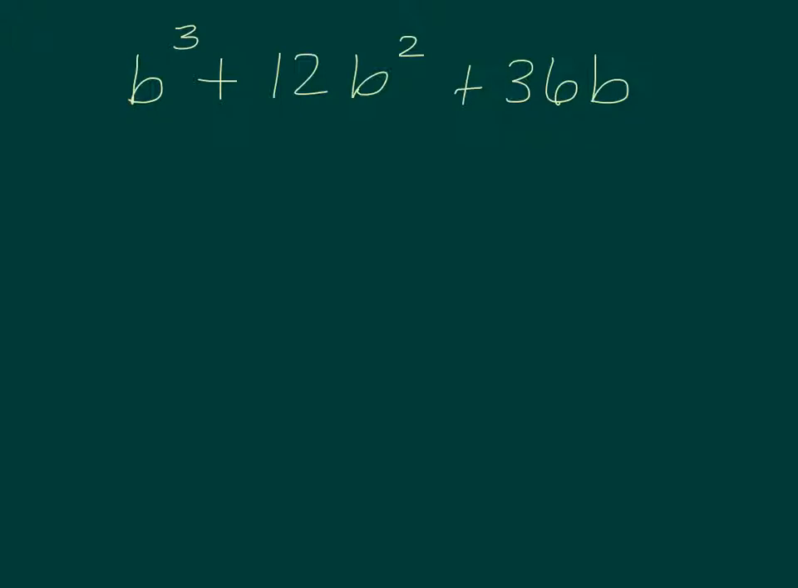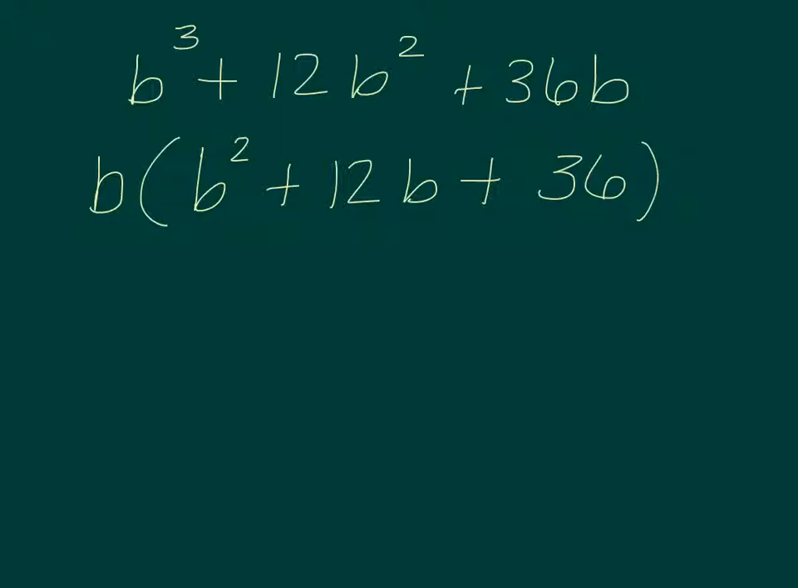When I look at this, I notice that I have a common factor of b. All 3 of these have a b in them, and the lowest b I have is b to the first. So I can take out a b. So when I do that, I'm going to have b squared plus 12b plus 36. Now, I can't forget to look at that b squared plus 12b plus 36 to make sure it can't